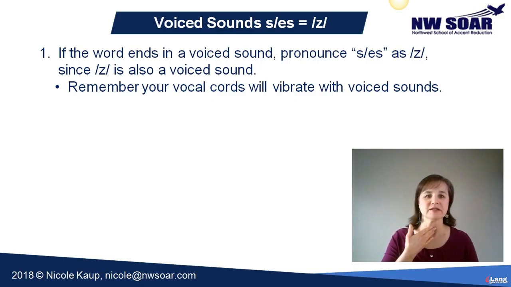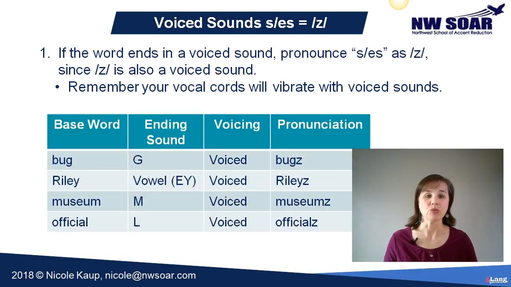Zzz, zzz, zzz. Let's go ahead and take those S-ending words from the story and look at them a little more carefully. Now, the word bug ends in a G sound, and that's a voiced sound. So when we add an S to that, in this case making it plural, that S will sound like a Z because G is also a voiced sound. Bugs, bugs.